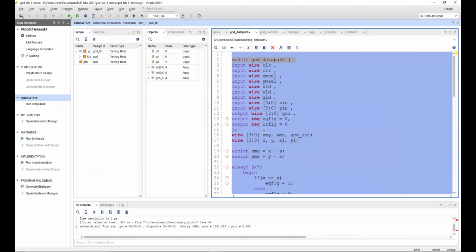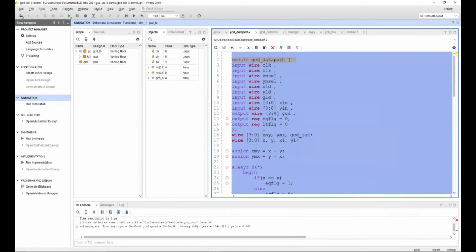I've included these commented out in the code just to see the status of these variables, so during simulation you can use them to debug your code if there's something wrong. These are the wires that we're using. These wires act as an interconnect between the data path and control path. Let's go through these wires to determine what their functionality is.